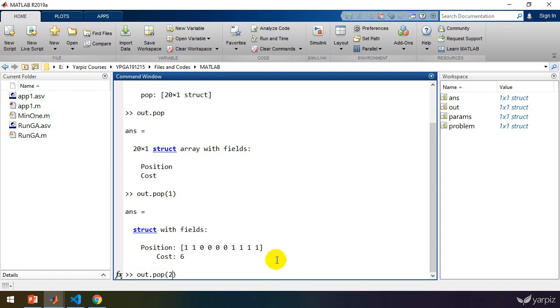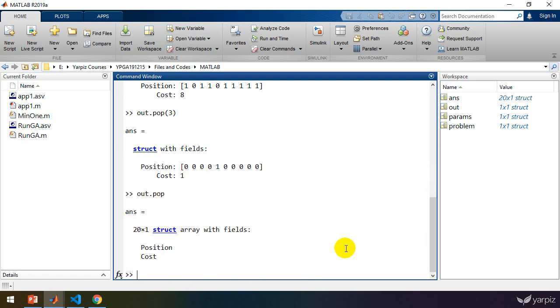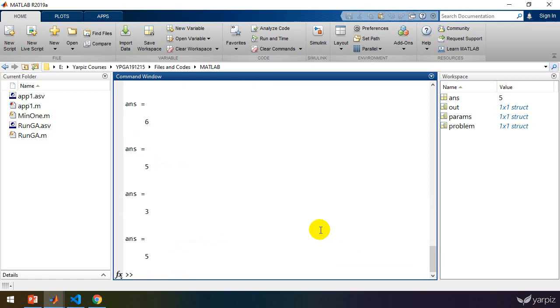It's correct. The second population member is this, and if we want to compare these two individuals, which one of them is better? Obviously, the first member of population is better, and this third one has just one 1 in the position, so I think it can be the best member of population. And for example, if you want, you can have the cost of all population members here, and if you hit enter, you'll get answers,